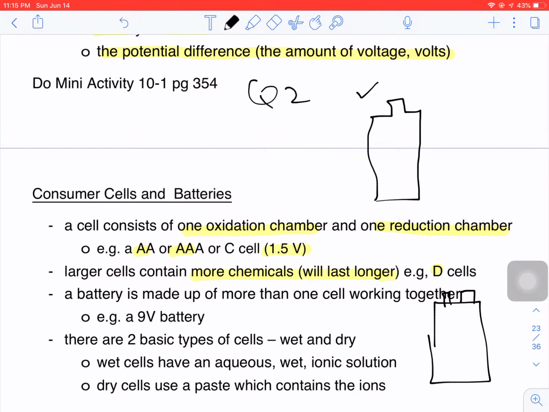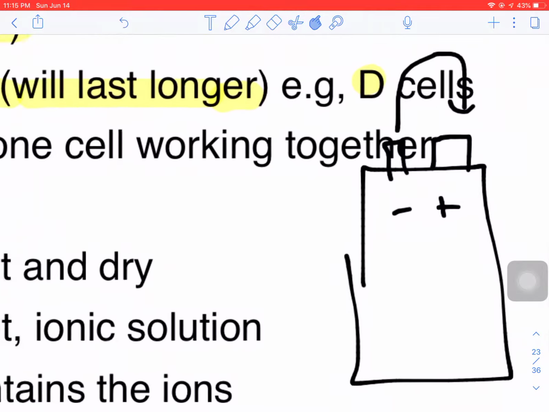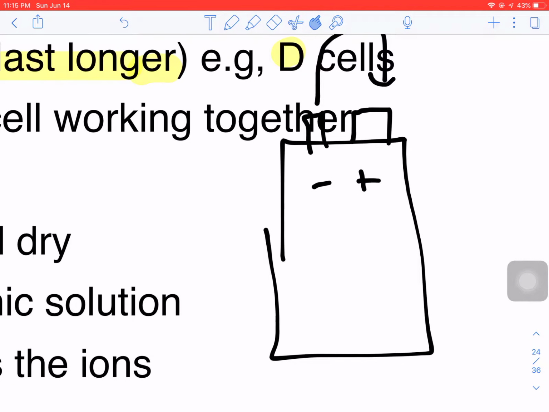Now, if I look at something that's not 1.5 volt cells, like say your rectangular batteries, with a negative and a positive on top, electrons again are going to do the same thing, but what I've got inside that battery is not a simple cell. I've got a series of cells that are each going to give electrons 1.5 volts of potential. So let me just make this a bit bigger here. So if this was a 9 volt battery,